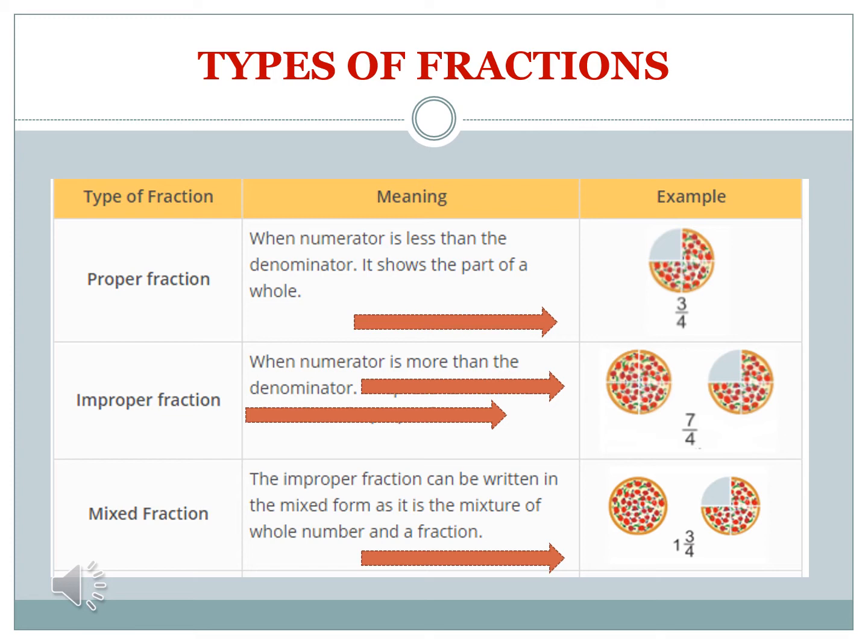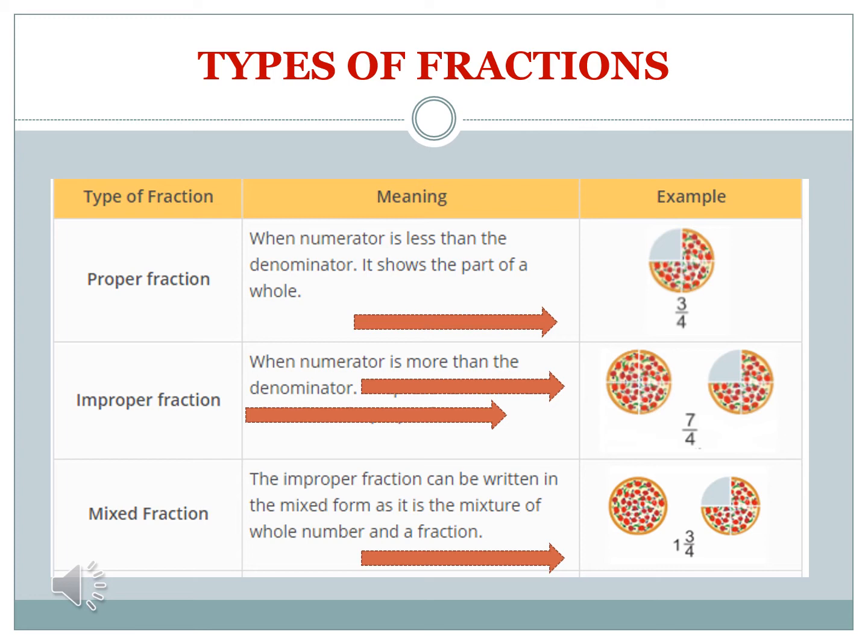Now, what is a mixed fraction? An improper fraction can be written in the mixed form, as it is a mixture of a whole number and a fraction, right? So when you take one whole and add a part of a whole to it, you get a mixed number. For example, one whole pizza with 3/4 of a pizza will give you a mixed number, that is 1 3 by 4,